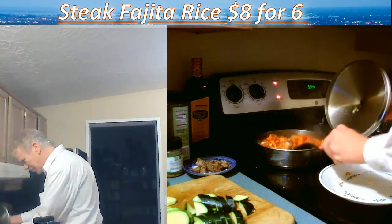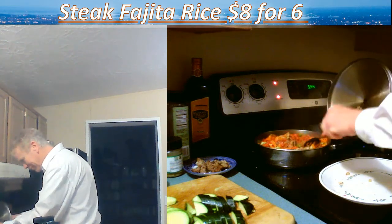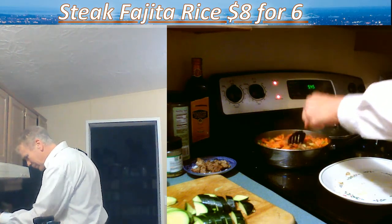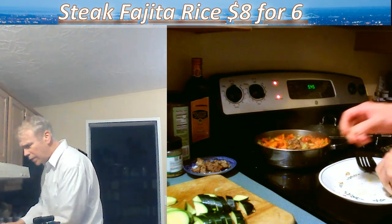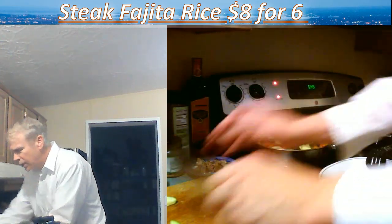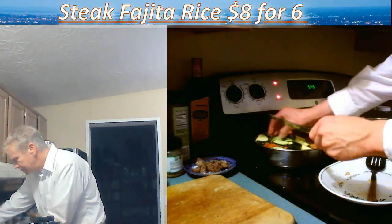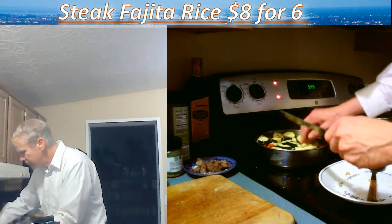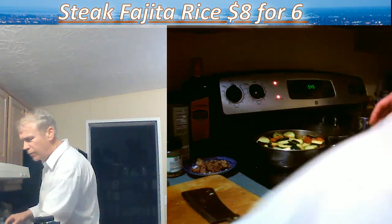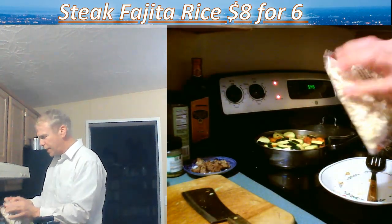Whoa, look at that. Whoa, this is awesome. Oh man, that's going to be great. Okay, throw the zucchini on. Cover the top with it. It's kind of a Mediterranean dish, even though I'm using fajita style steak